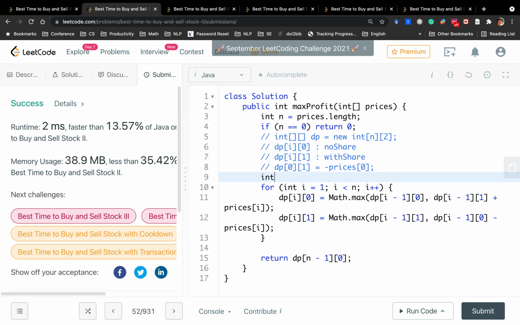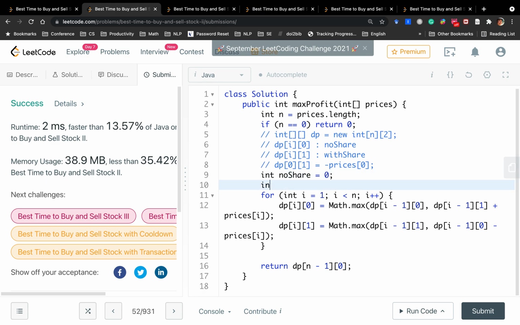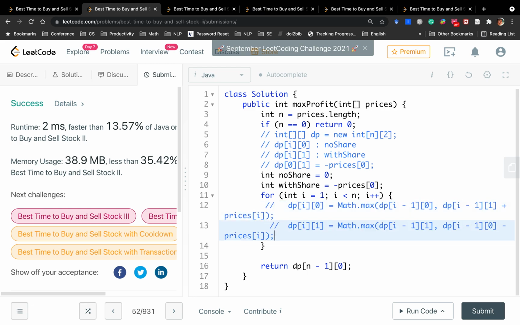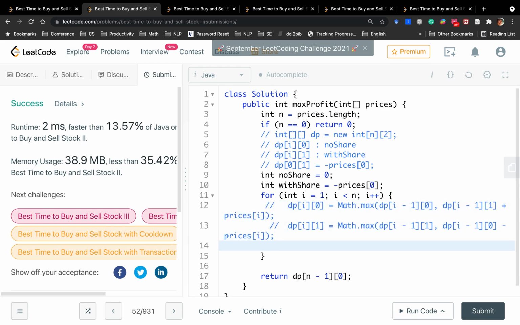Okay, just call it no share. If no share, 0. If with share, then the initialization should just be the price is 0. Okay, we just update this just like this dp array. So if today is no share, then